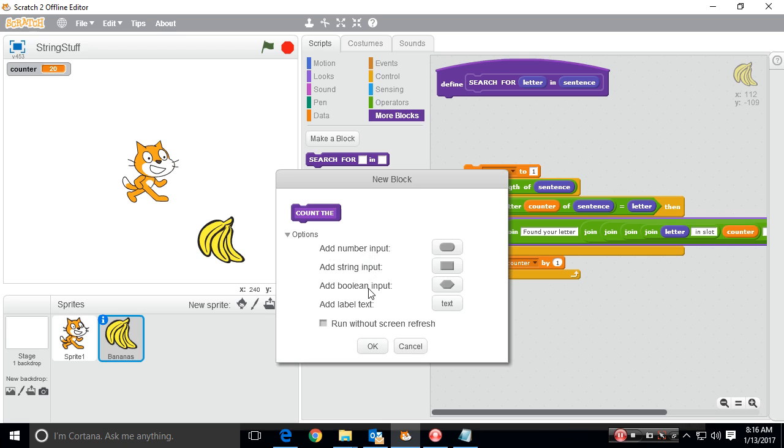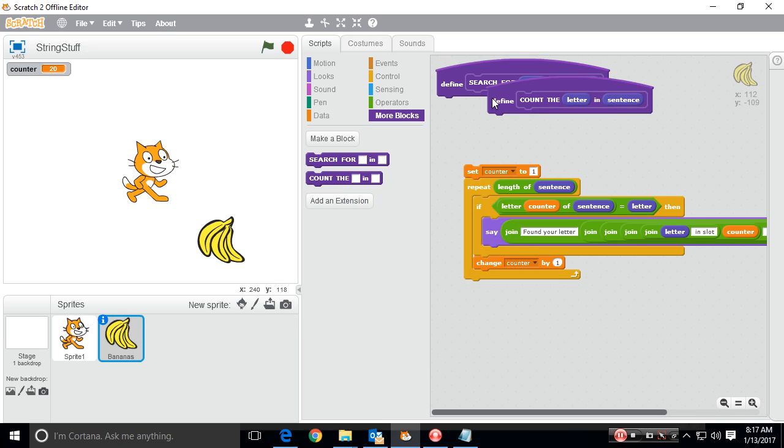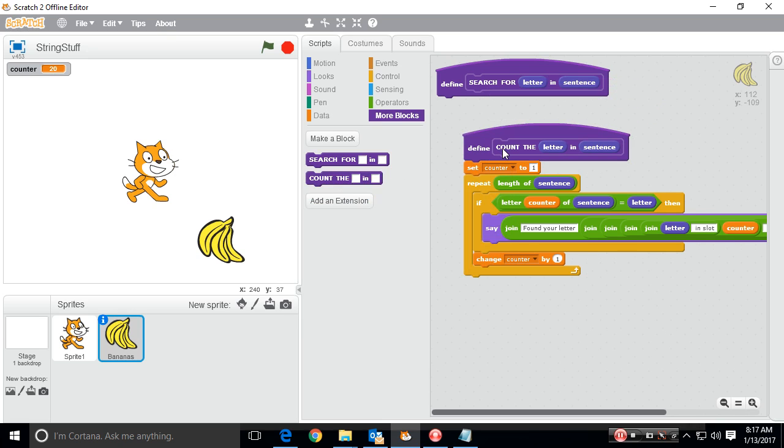Are they going to be numbers? What are they going to be? Well, they're going to be strings. Count the letter in sentence. Count these number of letters in the sentences. And we're not going to say, hey, found it, found it, found it. We can, but we're actually going to just print the number we found at the end, whether it's 0, 1, 2, or 10. Okay. So I'm going to hit OK,